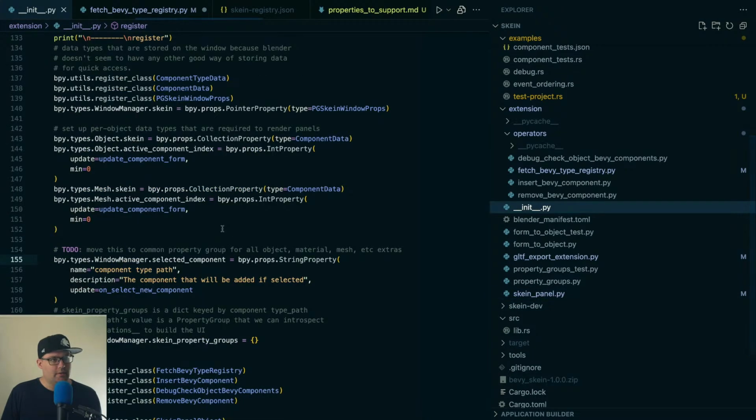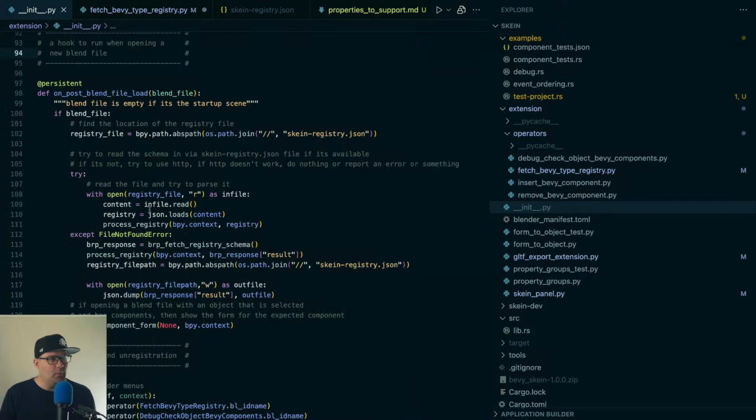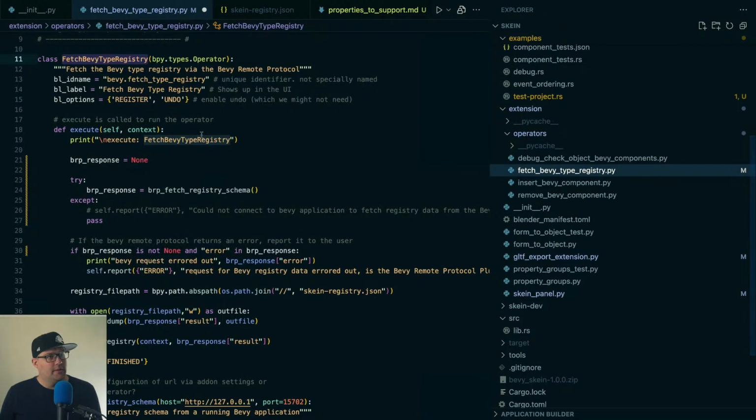The scene hook does a similar thing, right? So when the Blender file loads, we check for the file first and fall back to the HTTP request. So if you have the file, then everything works. If you don't have the file, then it tries to fetch. And if you explicitly call fetch, then it reverses that order. It does the fetch first and then checks for the file after. But I don't know. I think I need to do some UX thinking about